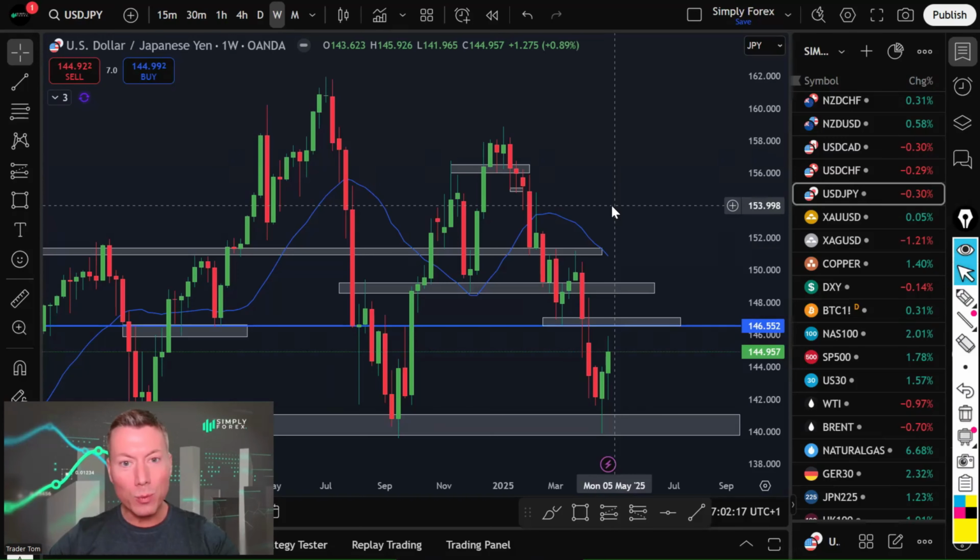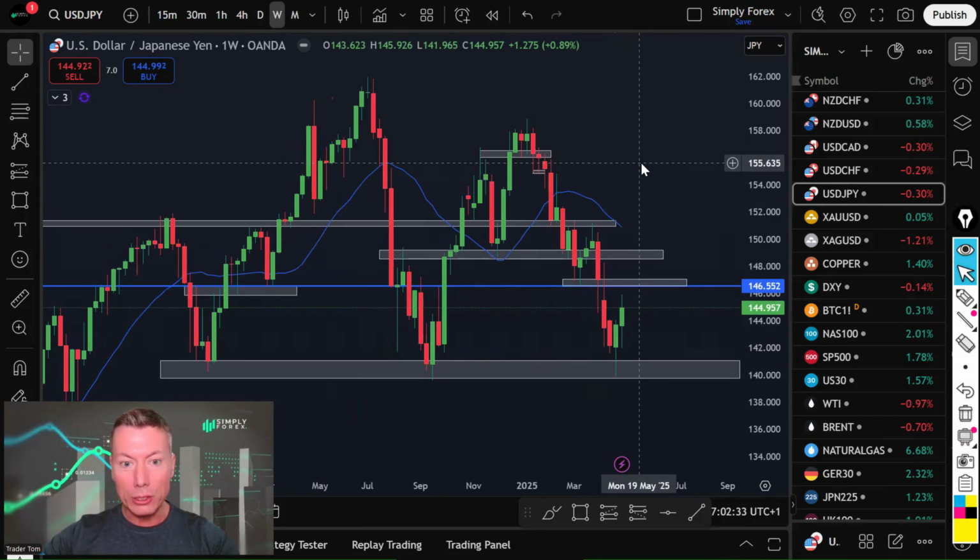So first of all, guys, we like the US dollar against the flight to safety. So against yen, against Swiss franc, and against gold, because they are weak because the indices have been flying. So if we start with US dollar yen, this was a trade last week and it continues to be a trade this week. We're at this key weekly support level.